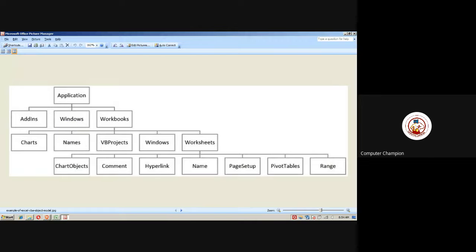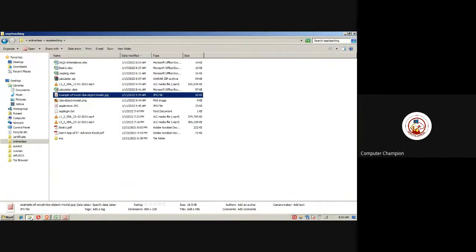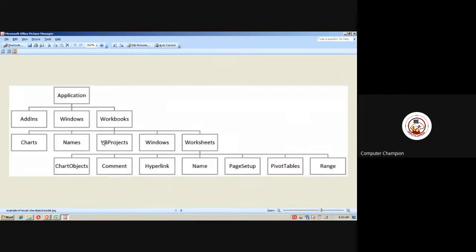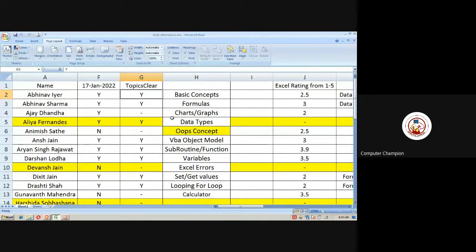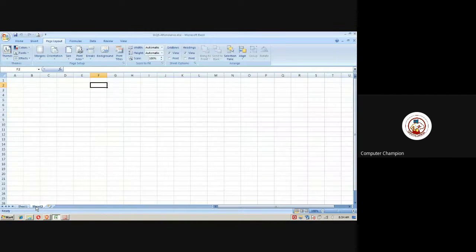Window is basically any window you take. Workbooks. Then in workbooks, you have charts, names, VB projects, windows, worksheets. Again, windows like Excel windows. If I open many Excel files, I'll have many Excel windows. In that, worksheets, workbooks,